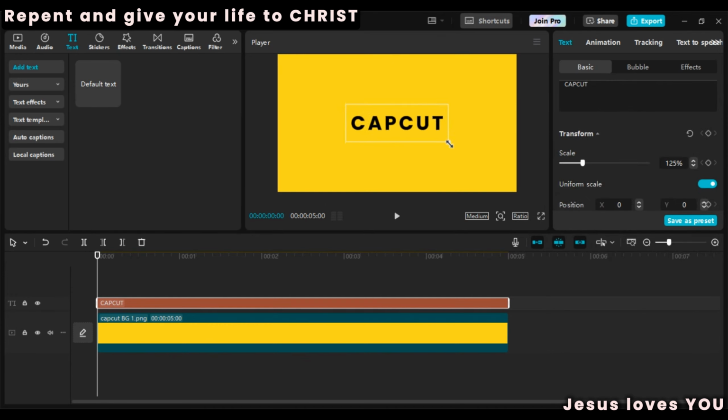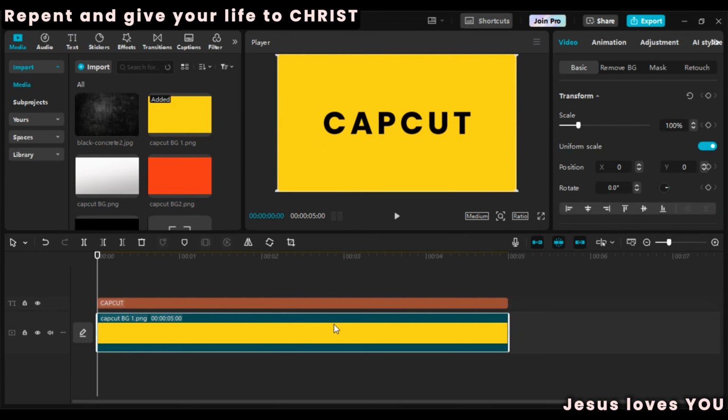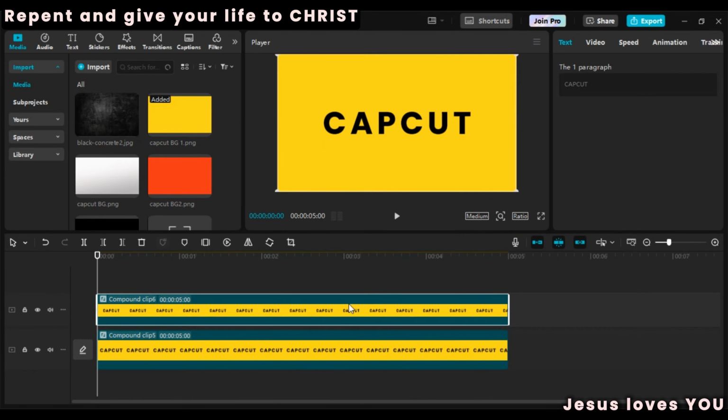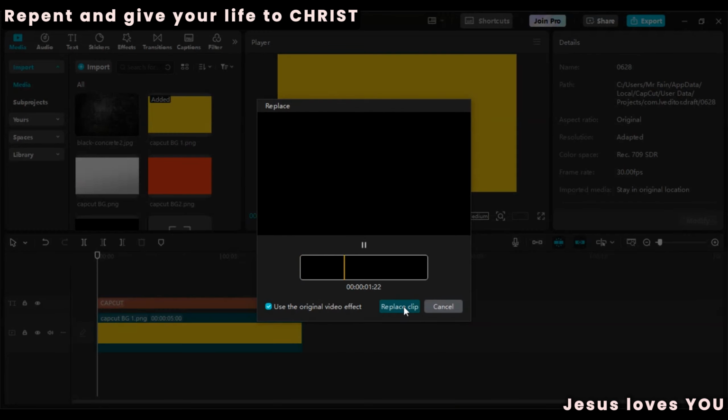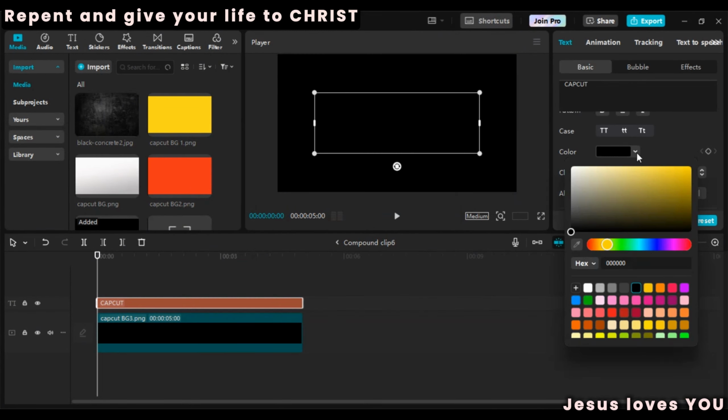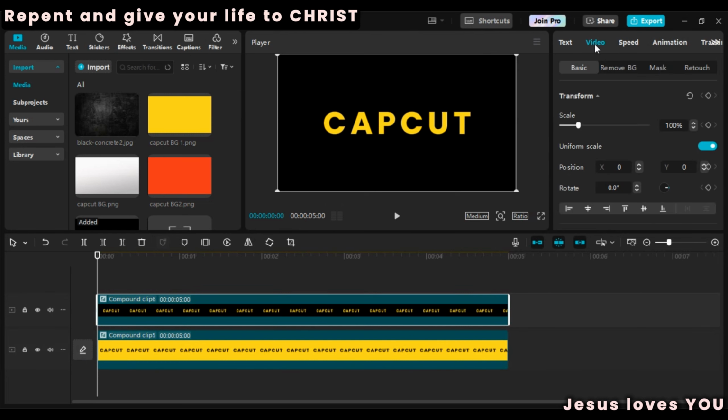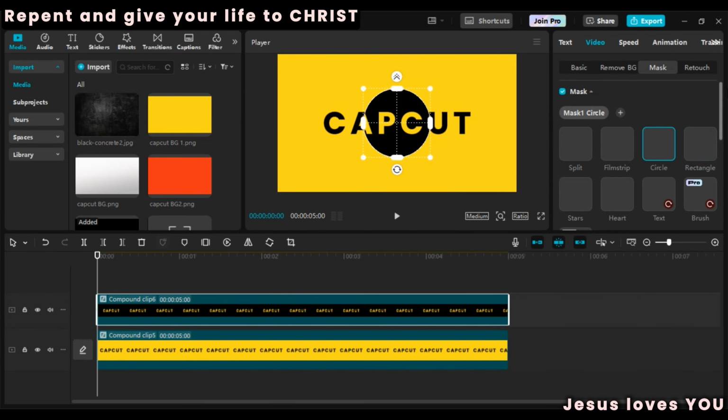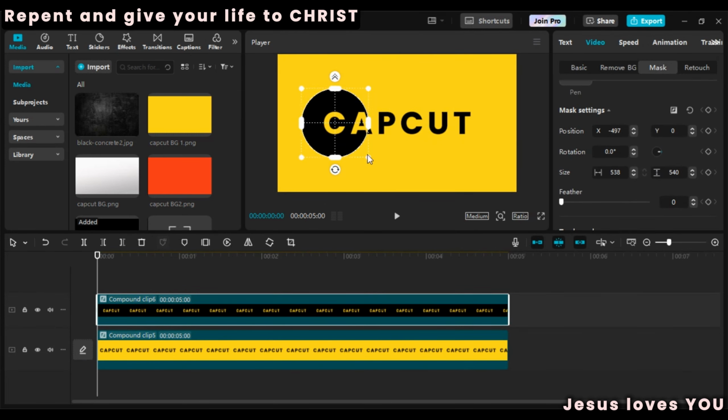And as you can see, I'm just going to zoom in straight off, sending that to 205%. And I'm going to compound clip, duplicating, changing it to black. We have to be fast. I'm speeding this up, so I'm changing the CapCut text to yellow, and as you can see, I'm just going to max it and just shift that via